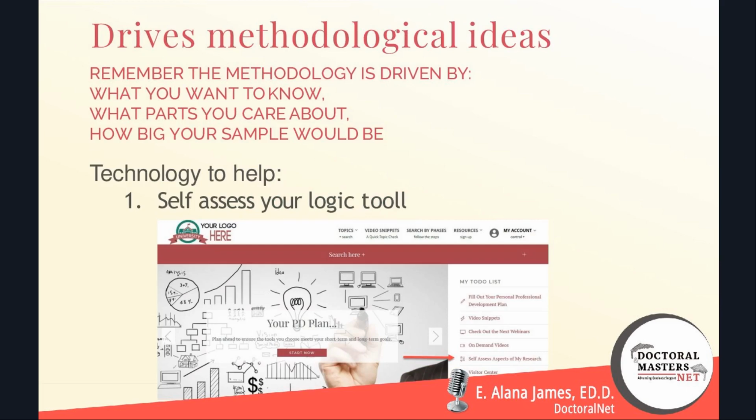You've got an idea for your topic. You've got an idea for your problem. You're beginning to think about how it might be measured in your context. And methodological choices are very contextually driven. So one of the things that I see is that students will come and